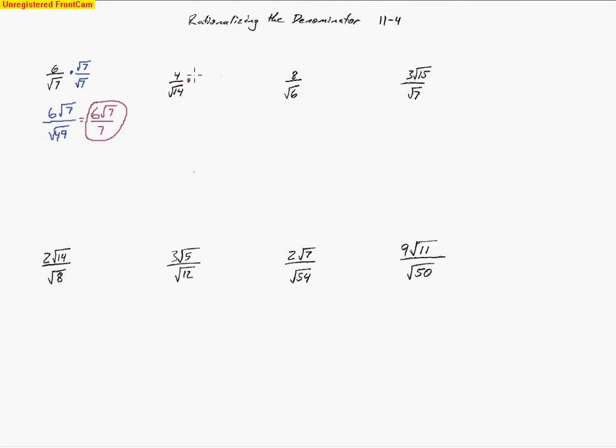You're going to multiply by a number that will cancel out the square root of 14. So you see, if we multiply by the square root of 14 over the square root of 14, this number that we came up with here is just 1. And so again, 1 times the number doesn't change the value, it just changes the appearance. And so what we'll do is multiply across. 4 square roots of 14 is what I have on top. Down below, 14 times 14 makes 196. And so from that point, we can go ahead and take the square root of 196,